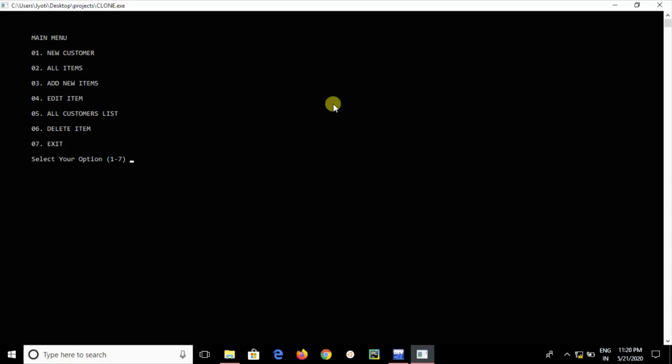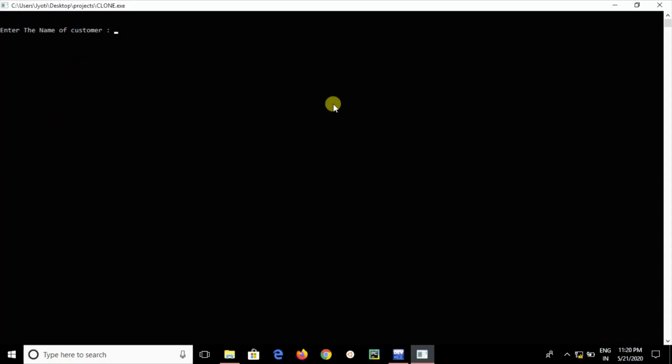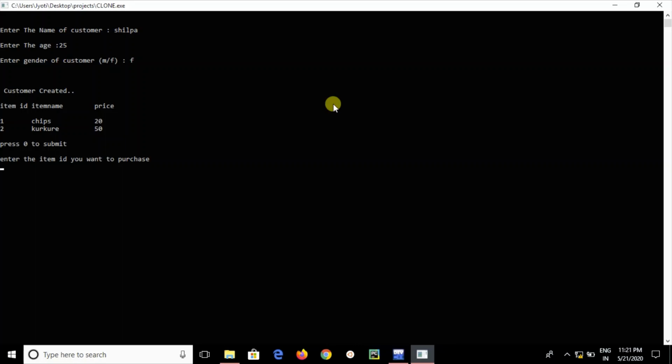Suppose we want to create an account, then press 1, and it asks for the name of the customer. Suppose Shilpa, and it asks for age, which is 25. After that it asks for gender, female. So see guys, customer is created successfully.